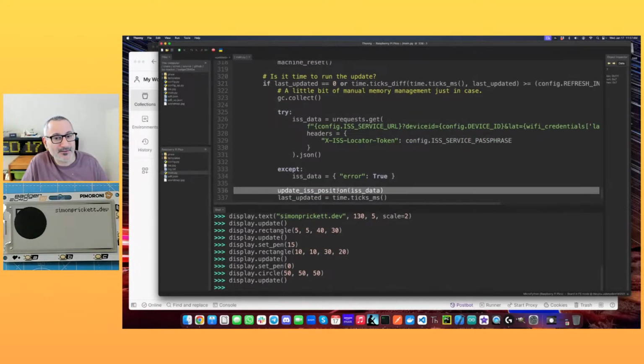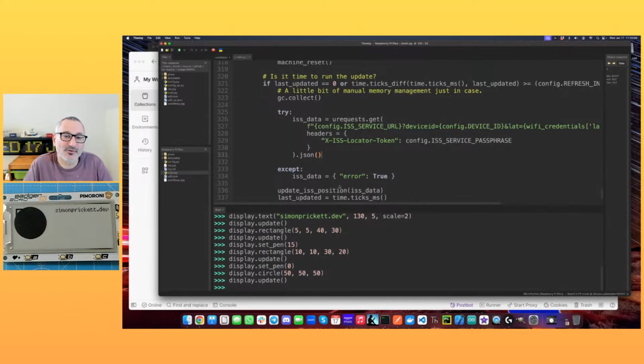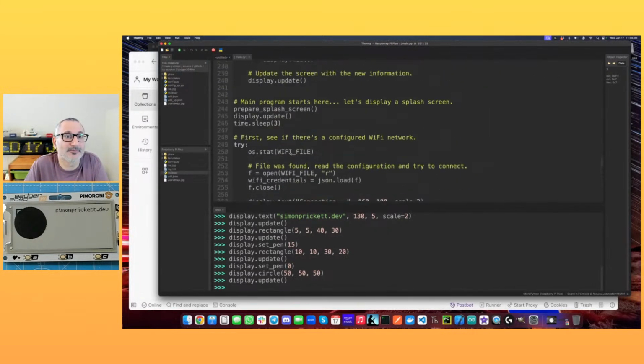So updating the position, by this point, we've got the data for where is it. We've got a lat and a long. We've got a distance. We don't need to worry about how we arrived at these things just yet. We've got either an ocean or a land position. Let's just call it again, see if it's over the land yet. Nope, still over the ocean. So if this was over the land, we get a different format response. But no, we're still over the ocean. And what we're going to do is display all of this information, plot it on the map. And there's a couple of complexities. So let's go to